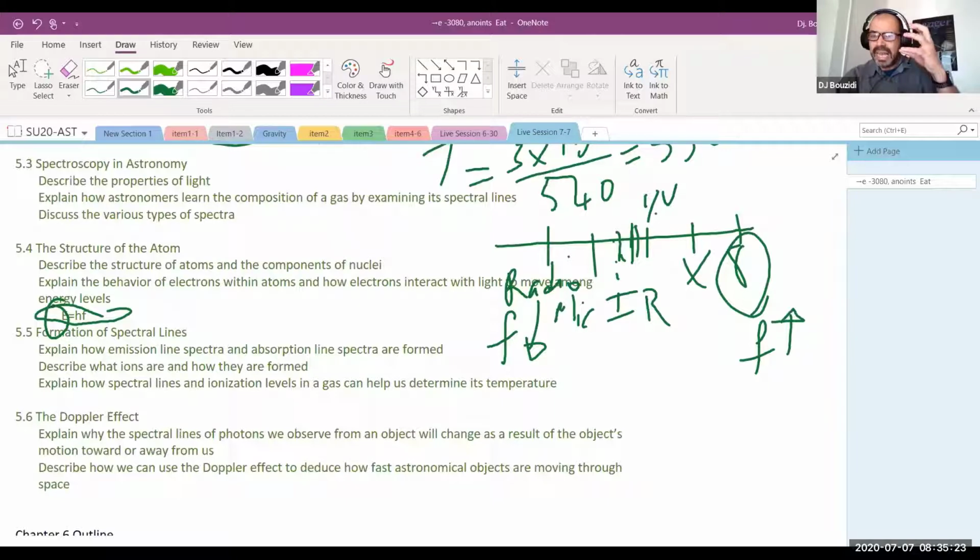Or you excite the atom by hitting it, or raising its temperature or something like that, and then see what light is emitted from it. So this is called an emission spectrum. In this case, there will be the presence of specific frequencies. So that's the emission versus the absorption spectrum, the difference between the two of them.